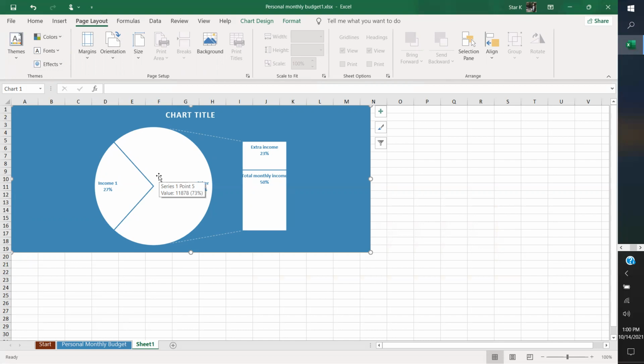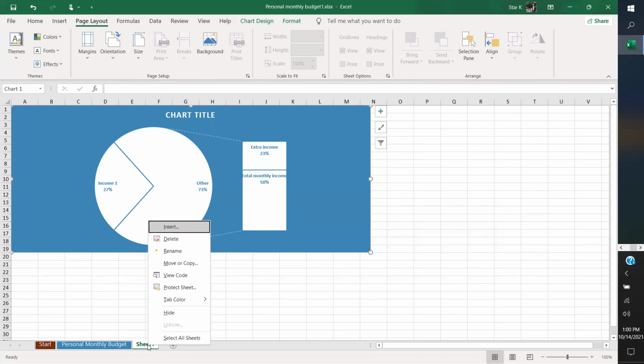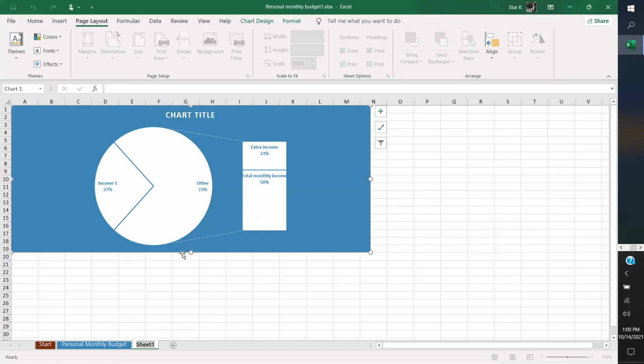Let's see where we are with timing. All right, we're getting there. Now, saving a document, we're getting close to the session ending here. We have our chart, but this is Sheet 1. So let's go ahead and rename this. To do that, we're going to right click on it, rename, and we'll call this